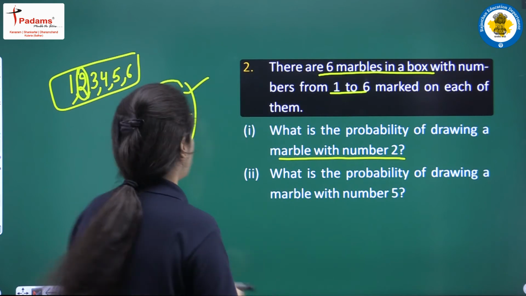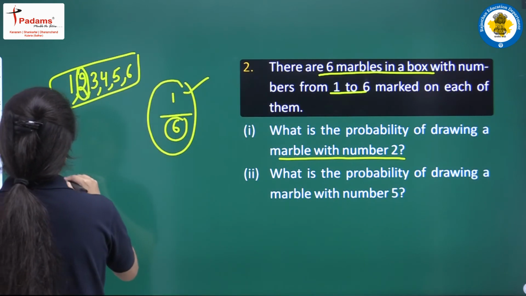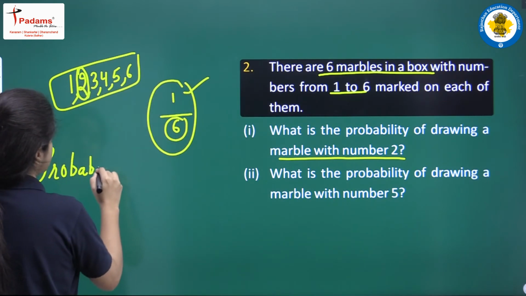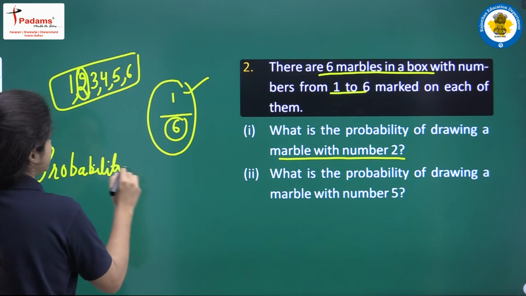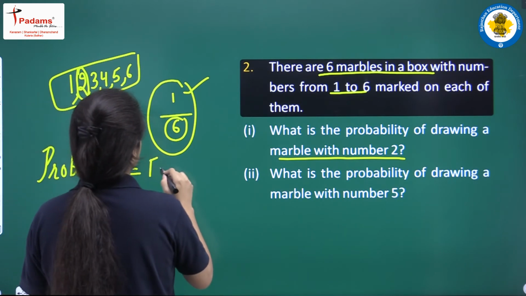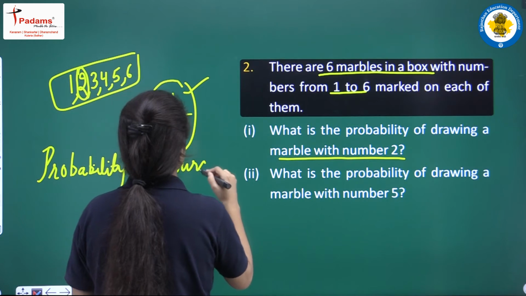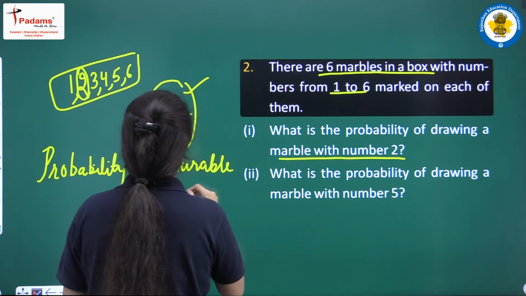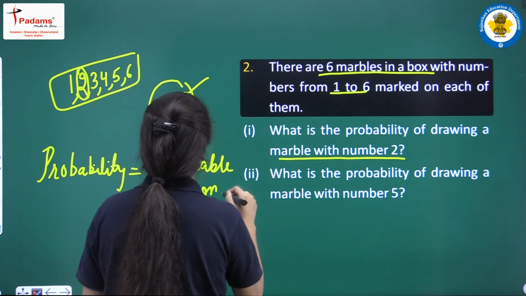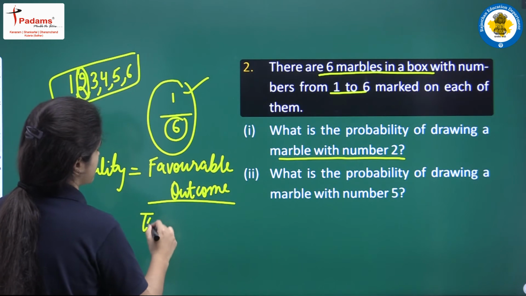So what is the formula of probability? Students, probability is equal to favorable outcome, what you want, upon total outcomes. Alright students,